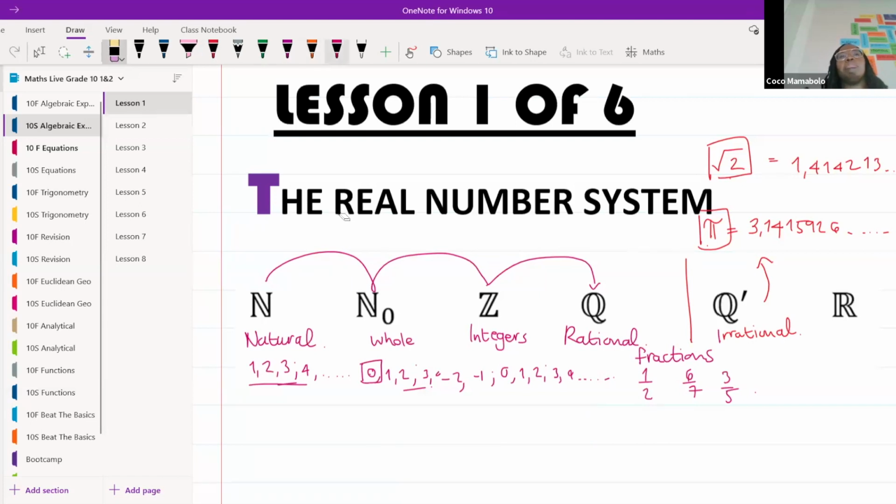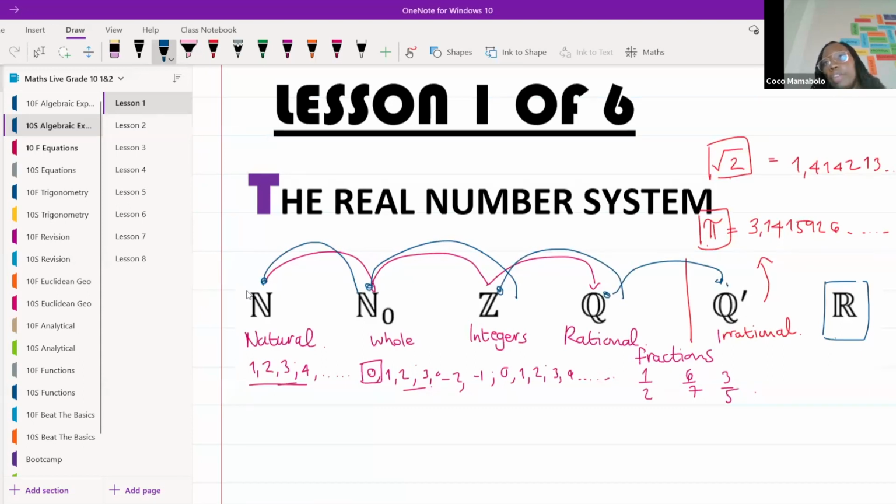Excellent stuff. Okay, now let's talk about real numbers. Real numbers are quite simple, guys. Your real numbers are going to be your natural numbers, your whole numbers, plus your integers, plus your rational numbers, plus your irrational numbers. All of these make up real numbers. Correct. Okay. And I will be a little bit careful with saying that it's all numbers that exist, because there are other numbers that exist outside of real numbers, and we're going to talk about that now. So real numbers is just every number